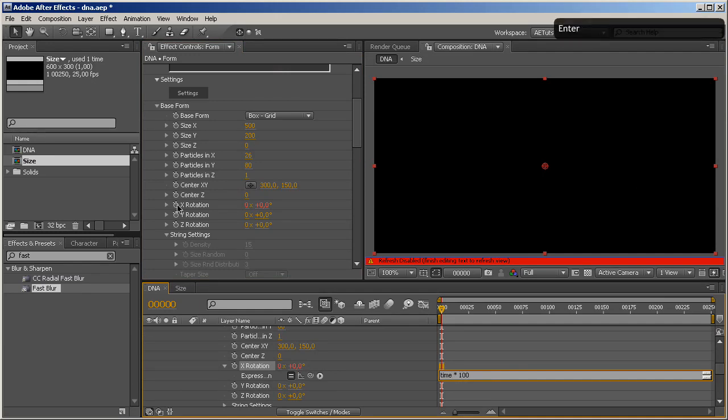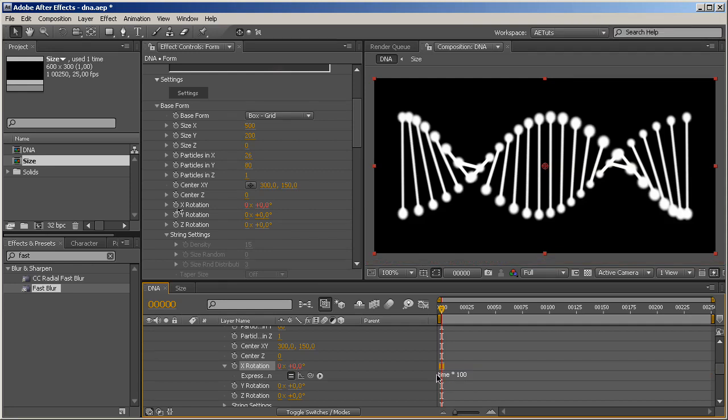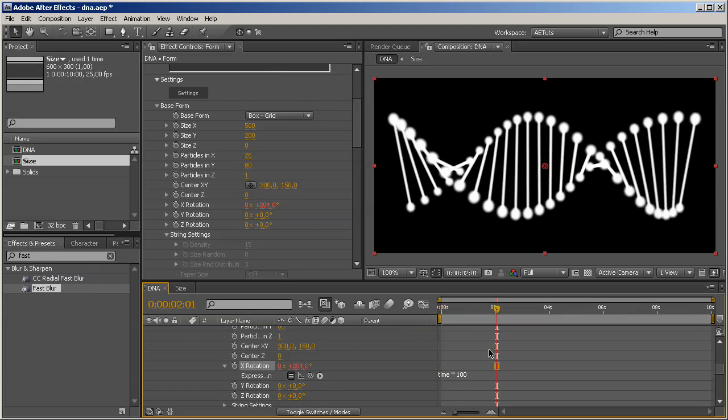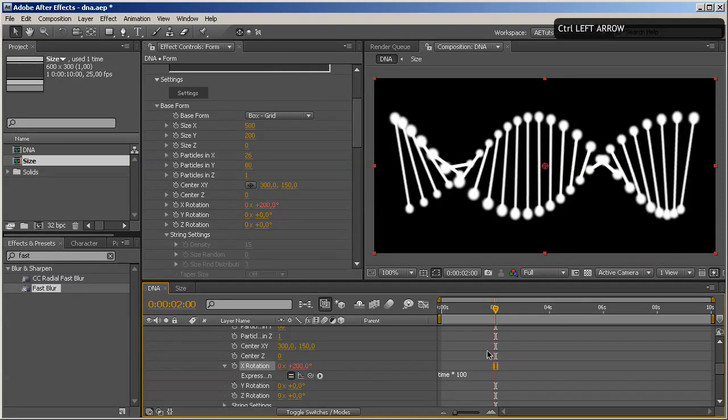Let's say 100 for now. This time keyword actually corresponds to current time in your timeline. So right now it's 0. At this point it's 2 seconds, so we can see it's 2 seconds multiplied by 100 gives us 200, more or less. Here, 200, and so on and so forth. So the best thing about this is that you can